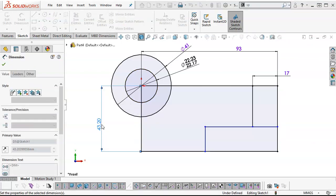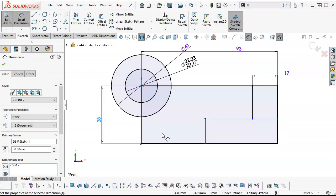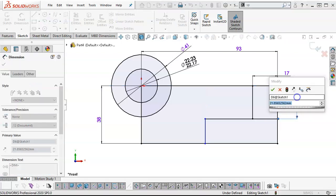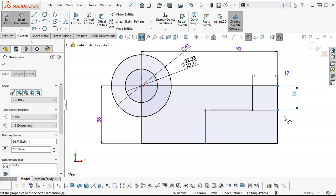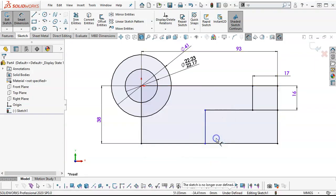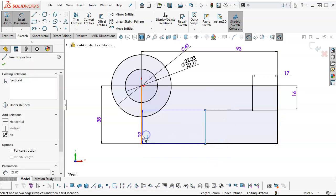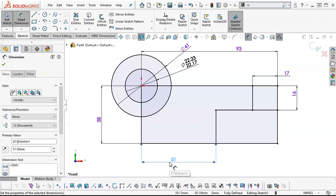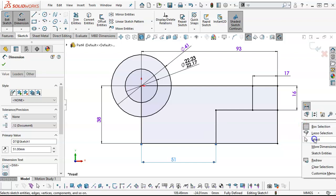So 38 from the center, we have a step of 16, so 16 on the height, and then from the front edge 51. Oh, I picked the entire line. I need to go between the two verticals, and then I can get the 51. Alright, so that being the case,